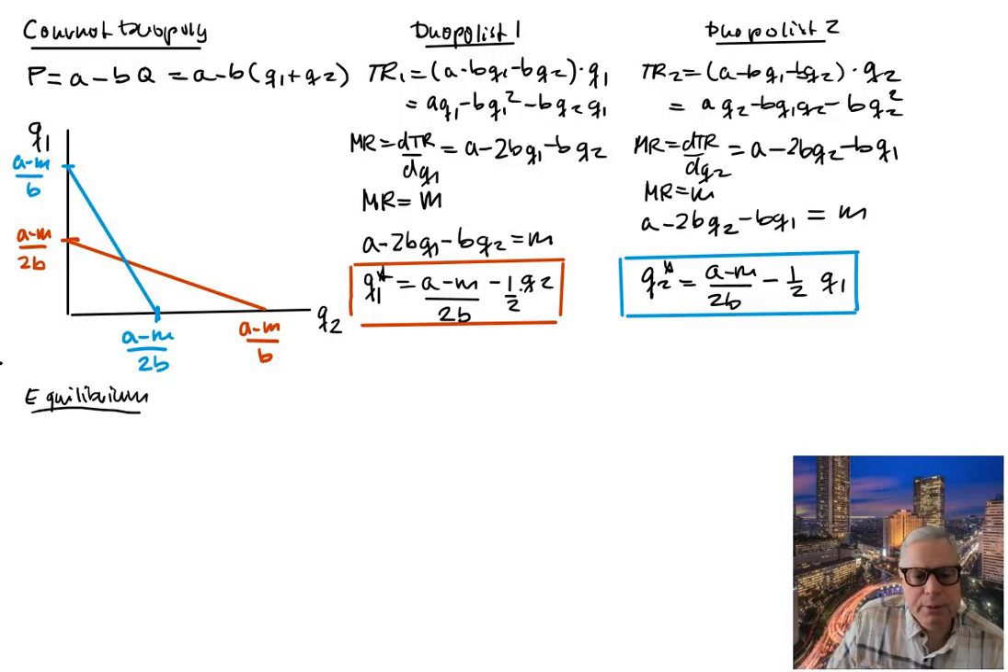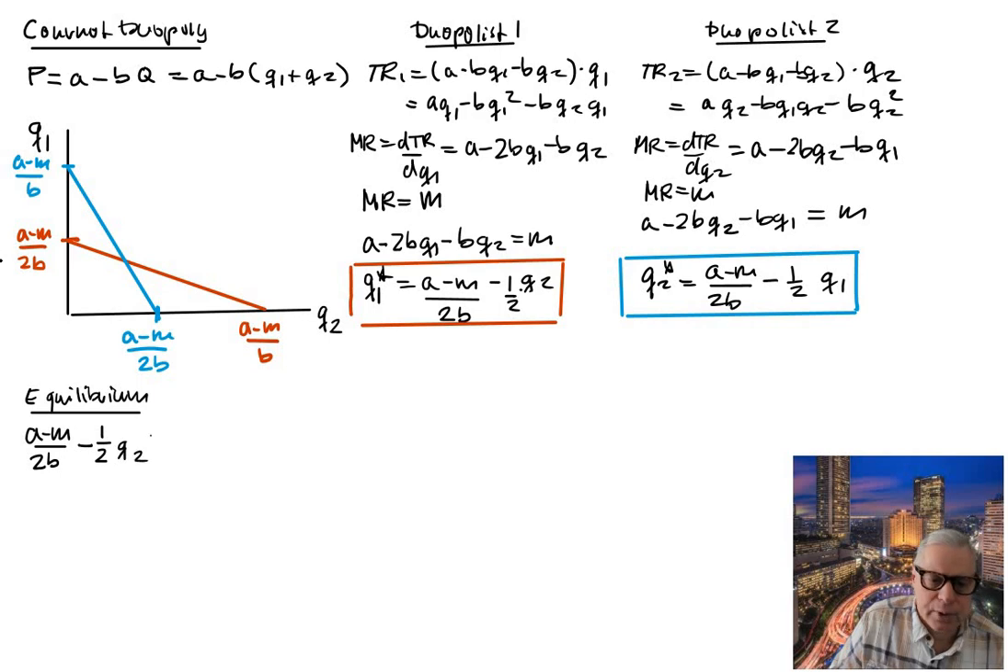So the equilibrium is now this point where firm 1 chooses a quantity to which firm 2 responds with a quantity that doesn't cause a change anymore in firm 1's quantity, and so on. So we need to find that point, and that is, we need to equate the two equations, (A minus M) over 2B minus 1/2 Q2. That is the same as the blue one, which is, now we cannot look at this one, we need to look at the graph,